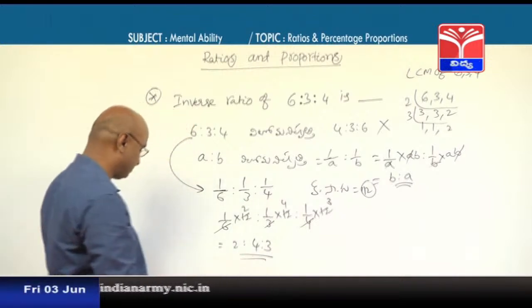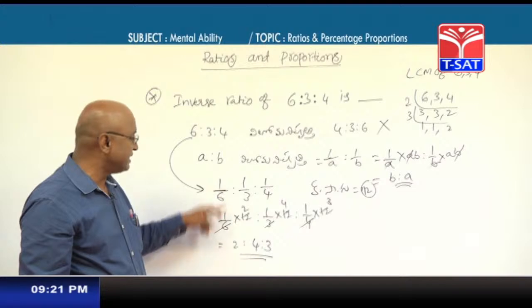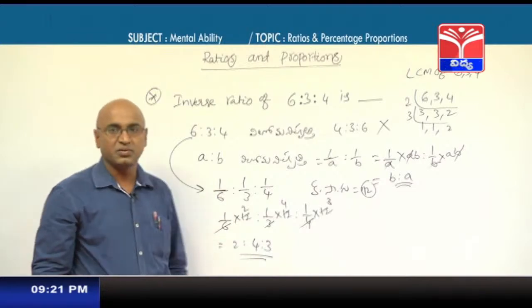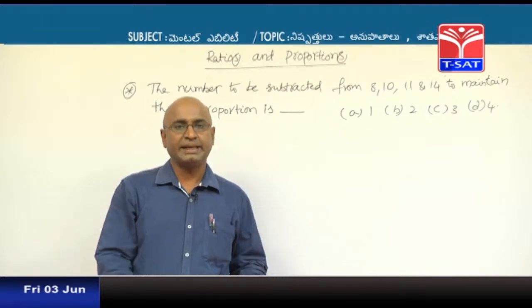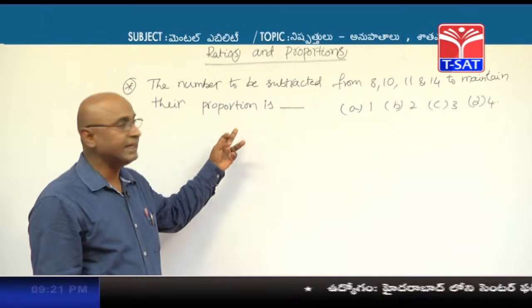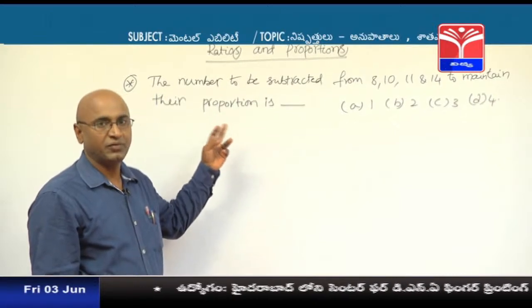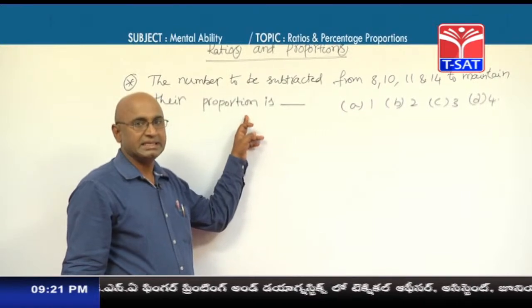2:4:3. So the inverse ratio of 6:3:4 is equal to 2:4:3. The next problem is: the number to be subtracted from 8, 10, 11 and 14 to maintain their proportion is